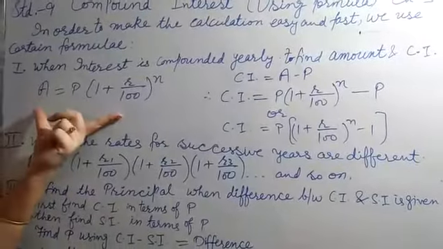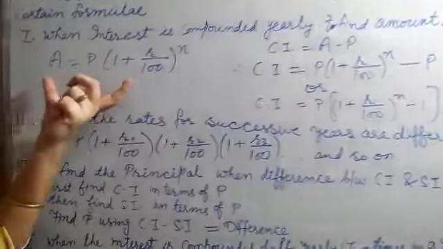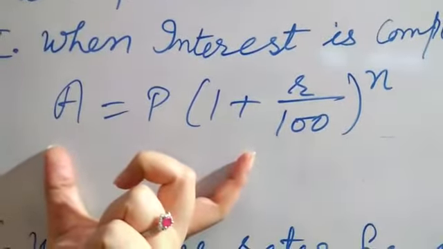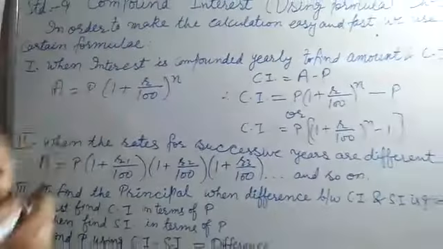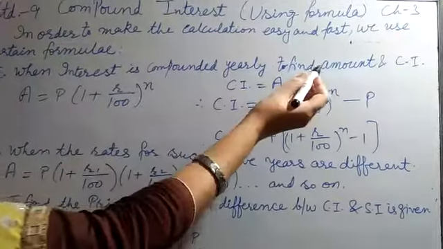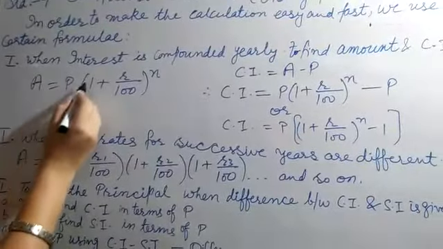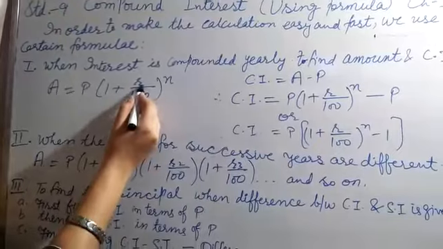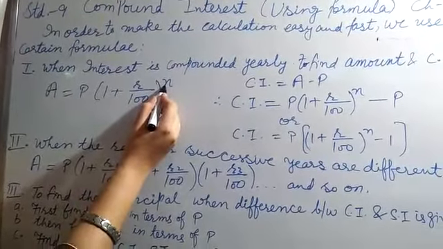We have one standard formula. See here, this is our standard formula. Only by learning this formula we can derive all the other formulas related to this from this. So first see, when interest is compounded yearly, to find the amount, what formula do we use? Amount is equal to principal. In the bracket you have to write 1 plus r over 100. Here r is the rate of interest given and n is the number of years, means n